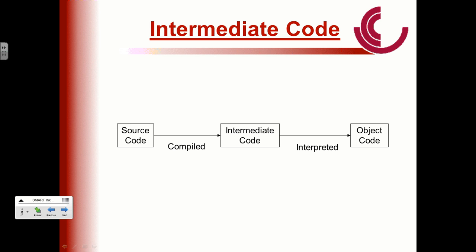So you have your source code, the Java source code. It's compiled by NetBeans into intermediate code, and then it's interpreted by the Java virtual machine into object code. I should probably put compiled by NetBeans in there. So that's why you have your two-stage process. Can I write NetBeans on this? Is it going to let me? It is. Or Eclipse. I suppose technically it's the Java SDK, but